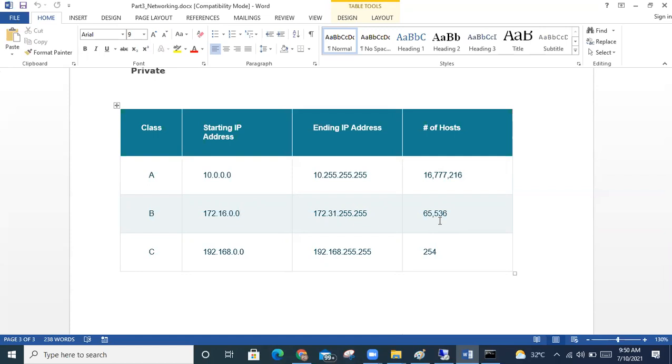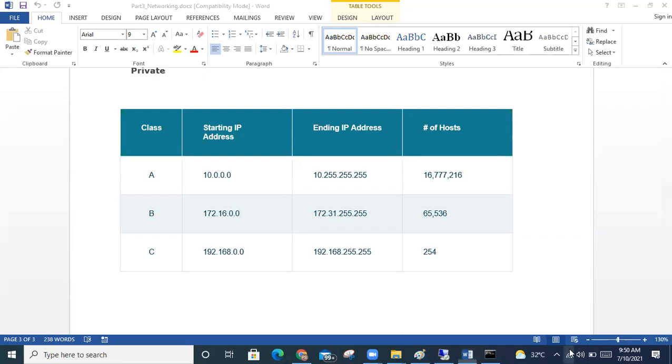Then I will use class C. If you have 30,000 machines, which class do you use? Class B, class A, both. Anything. If you have 50,000 machines and want to expand your network, you can use class A directly. Depending on the number of machines, the company will choose which class they need. That depends upon the network team. By default, they will choose either A or B. Clear? Yes, clear, sir.